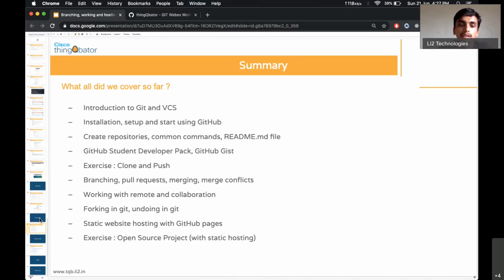And forking, and also undoing. How do you undo things when you make some mistakes? And next, we also covered how to host a static page on a GitHub page. And after that, right now, we just covered